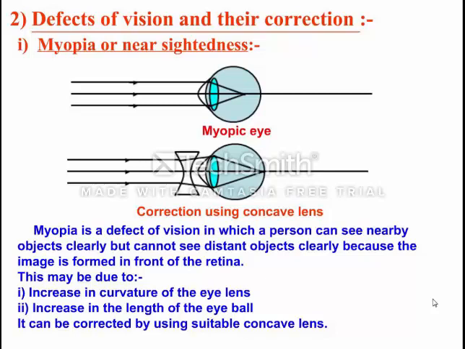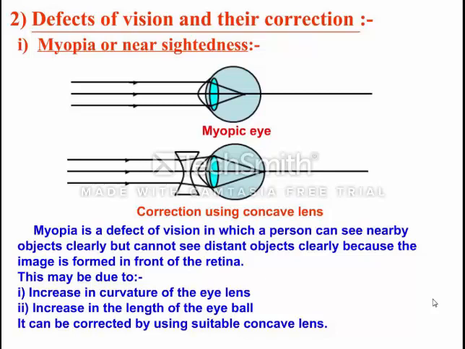Myopia is also known as nearsightedness because it is a defect in which we are able to see near objects clearly. But the far point of the person is not clear. It means that in a class, if you are sitting on the first bench, you can see what is written on the board clearly. But if you have this defect and you are sitting on the last bench, you cannot see the board clearly.